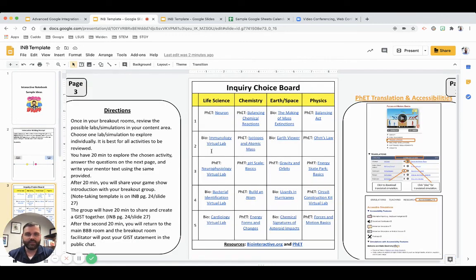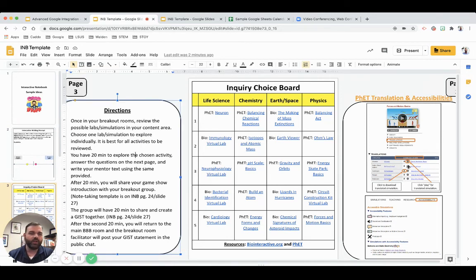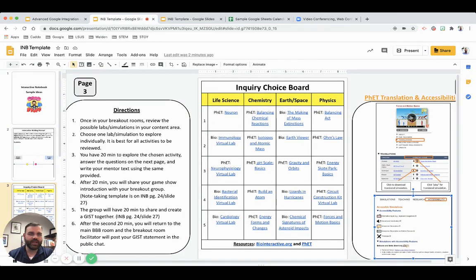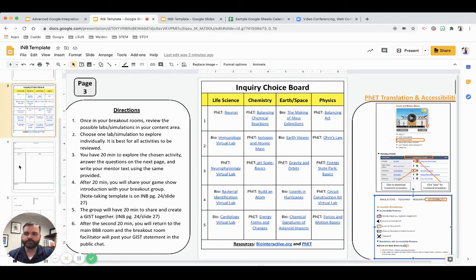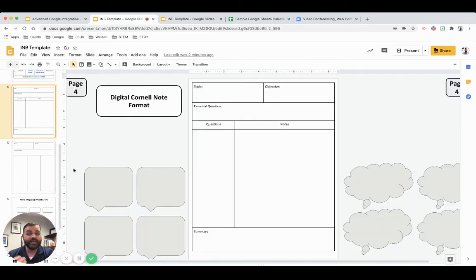Right here, I've got some interactive choice boards, where students can choose a PhET simulation. I've got my directions over here, along with some screenshot image how-tos. I've got some note-taking guides, and how great would this be just to go in and be able to,